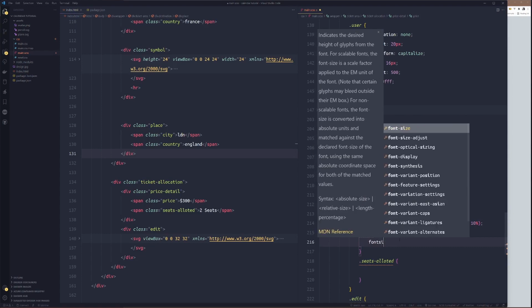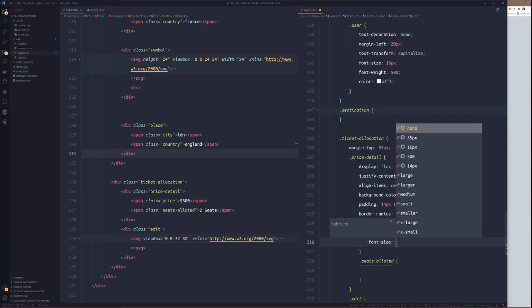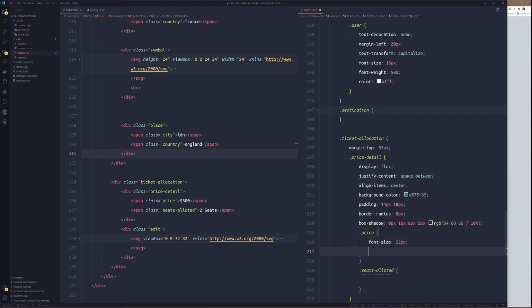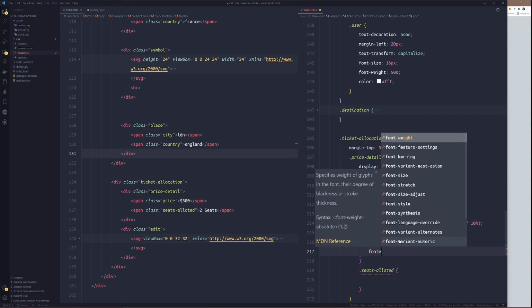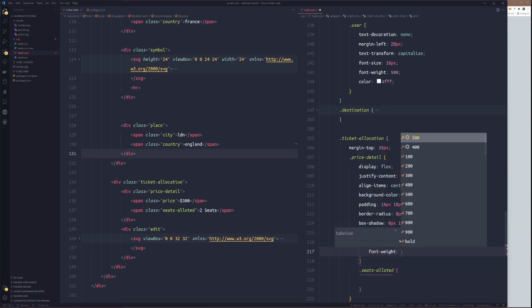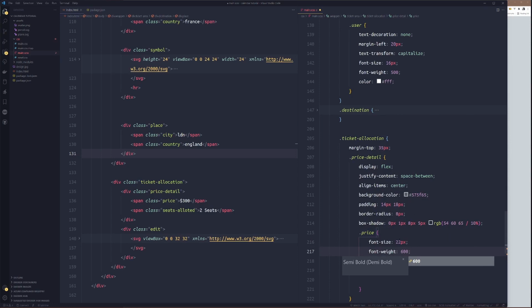So now we'll target the price. We'll set font size to 22 pixel, while the font weight could be 600.